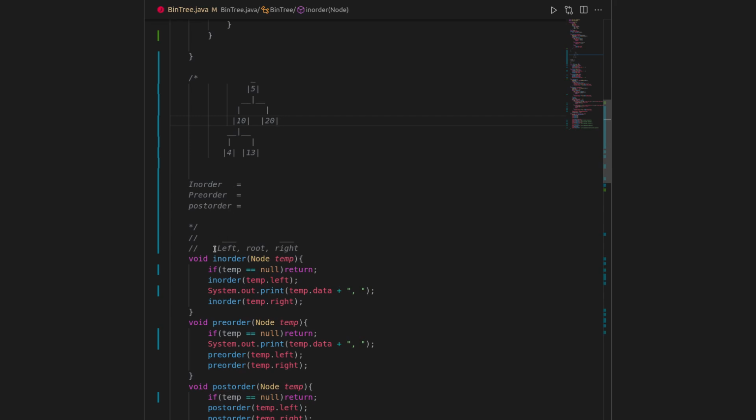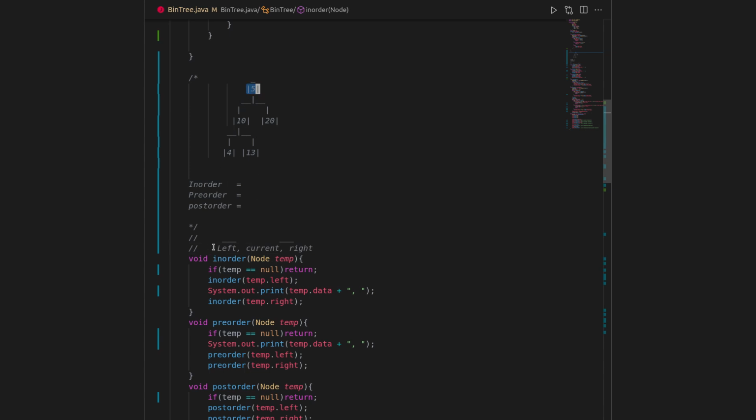So let's see the implementation of in-order traversal by taking an example. Okay, so in the PPT we saw that the sequence of in-order traversal is left, root, right. So the left and right calls are actually recursive calls on the left child as well as the right child respectively. And the root node is the current node. So instead of writing the root node, we will just replace it with current node. Okay, so first we will start from the root node. Okay, first we will pass the root node, which was phi, to the function.